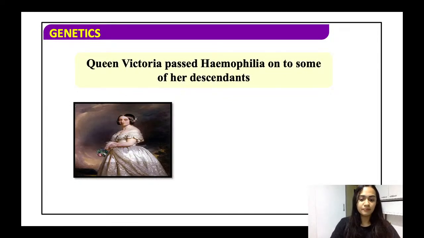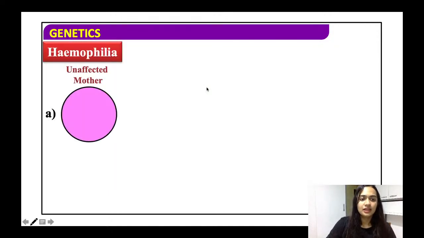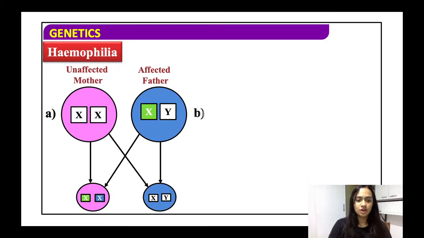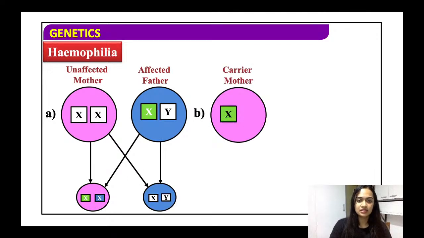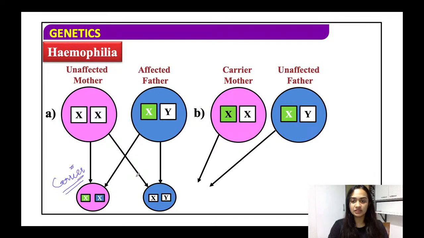Queen Victoria passed hemophilia on to some of her descendants, all right. Now, hemophilia, there is an unaffected mother, affected father. क्रॉस हुए, क्या बना, नॉर्मल डॉटर, नॉर्मल सन, ठीक है, सॉरी ये नॉर्मल डॉटर नहीं, ये हुआ कैरियर डॉटर, ठीक है, कैरियर डॉटर बनेगा और नॉर्मल सन। अगर अभी कैरियर मदर है और अनअफेक्टेड फादर है, ठीक है, कैरियर मदर एंड अनअफेक्टेड फादर, ऑलराइट।